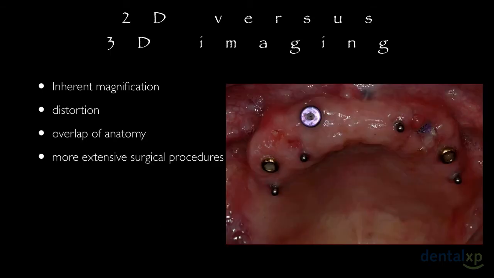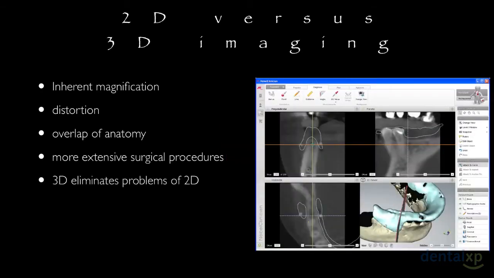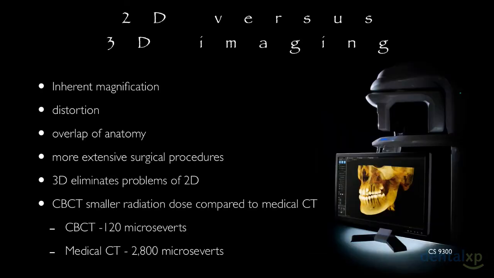And all of this may lead to more extensive surgical procedures that might not be necessary to have. 3-dimensional capture and 3-dimensional programs eliminates problems of all the 2 dimensions. And especially with these cone beam CTs, we have shown that we have low radiation in microsieverts compared to medical